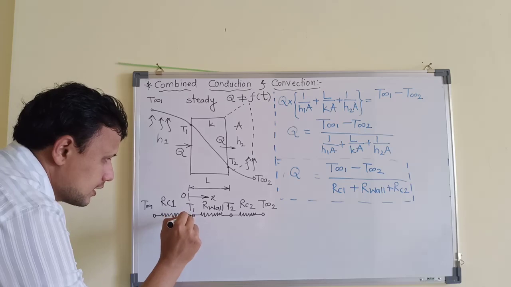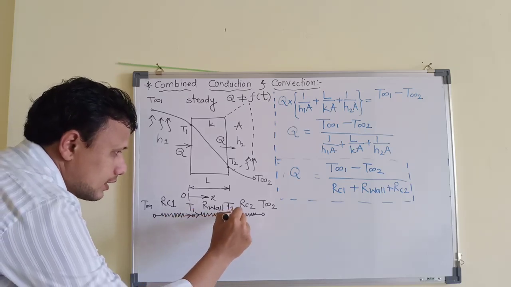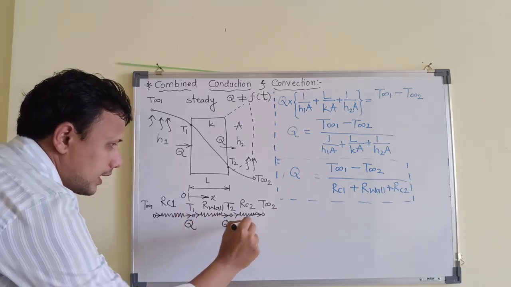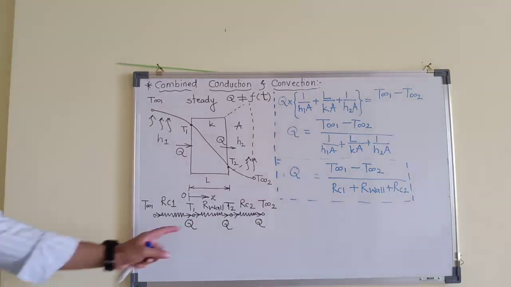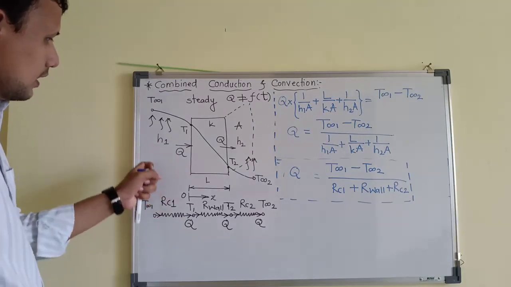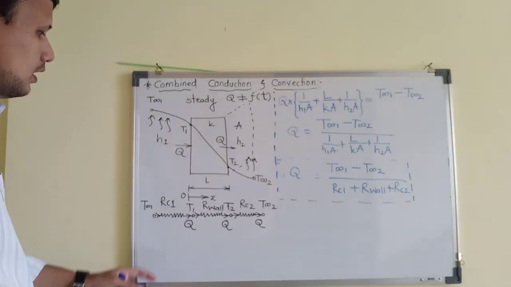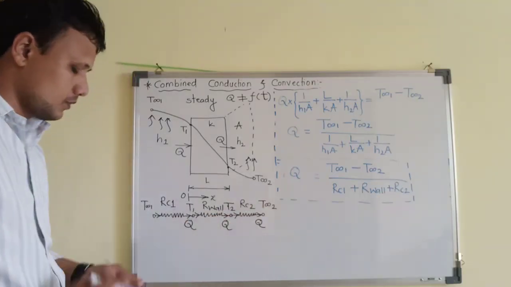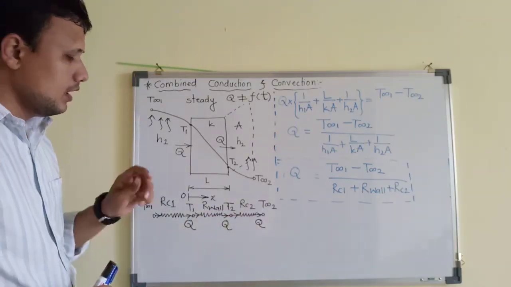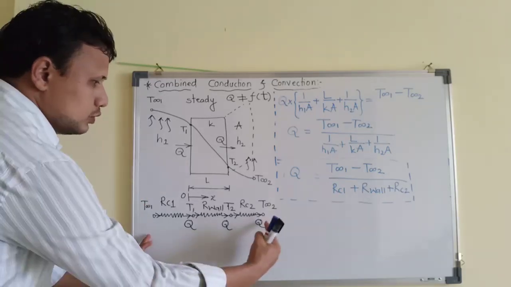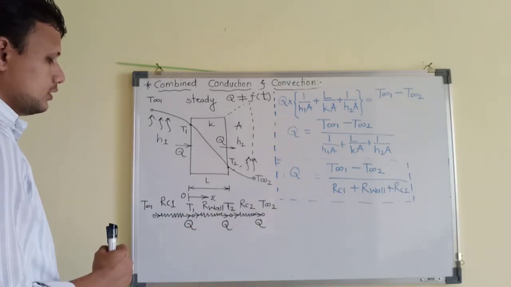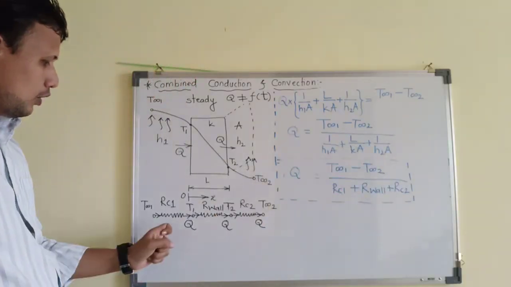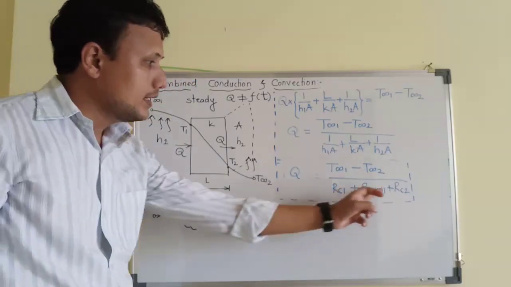Because of all this arrangement, just like electric current flows through the circuit, heat flows through this circuit, and the magnitude of heat will be the same at every location because it is a steady state heat transfer. Now I said that we can correlate these two. If I want heat transfer between these two extreme points, then I need to write down the potential difference, T infinity 1 minus T infinity 2, upon the thermal resistances which come in its path.